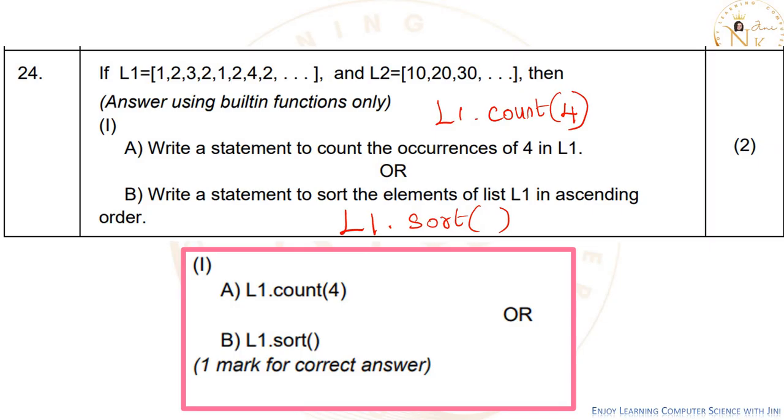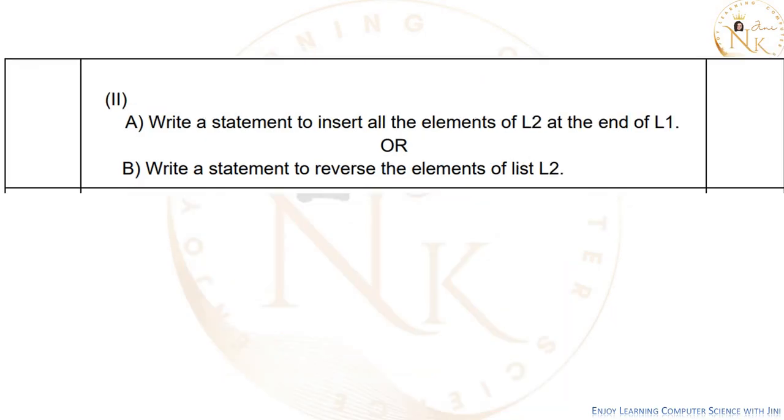Okay, next question. Second part of this question. Okay, 24th question has 2 parts. So from this A or B, only one you have to write, for that 1 mark. And then second part, here also you have to write A or B, 2 options. Write a statement to insert all the elements of L2 at the end of L1. So append or